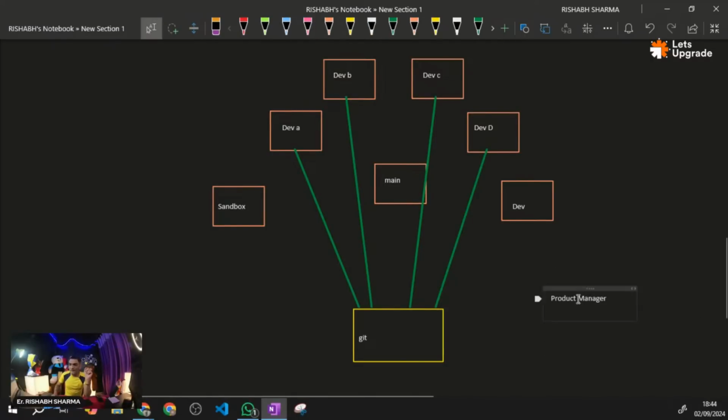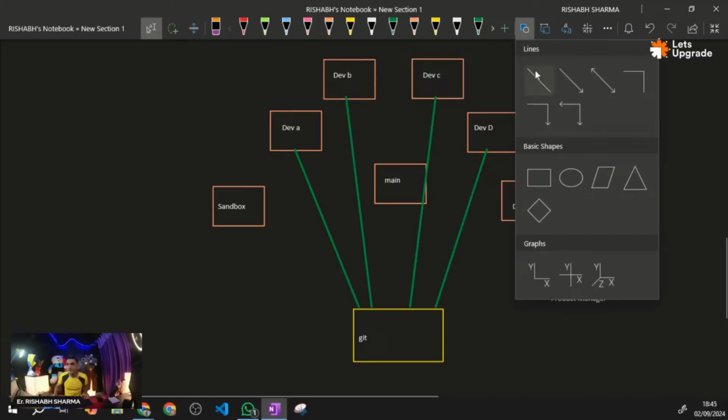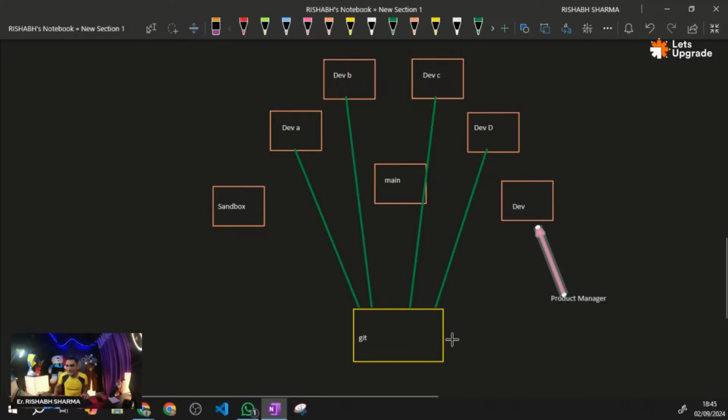This product manager acts as the intermediate between this dev branch and this git branch, okay? So what will he do? Now what is the role of this project manager?